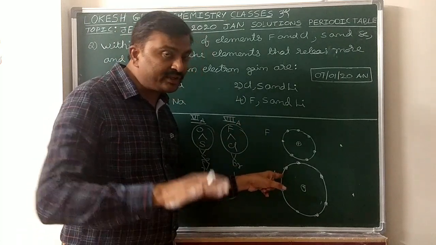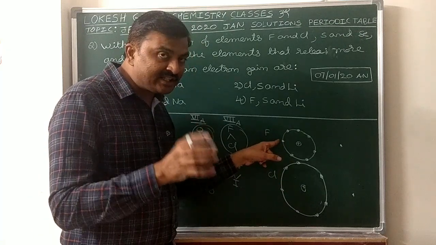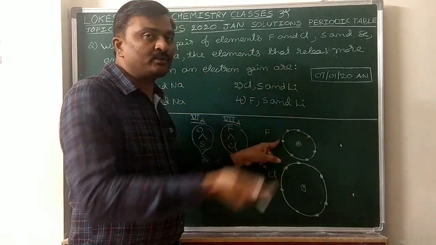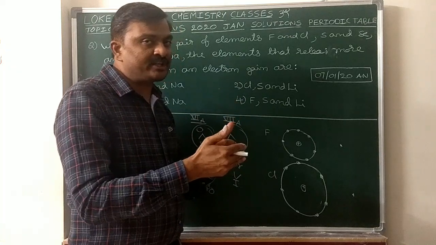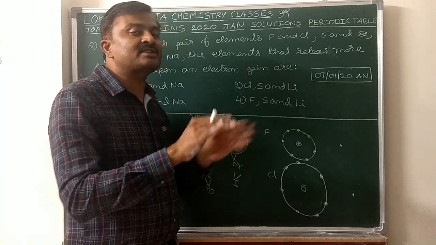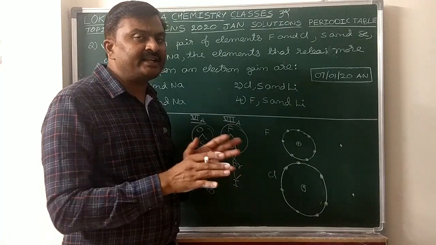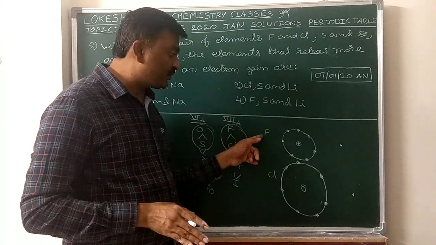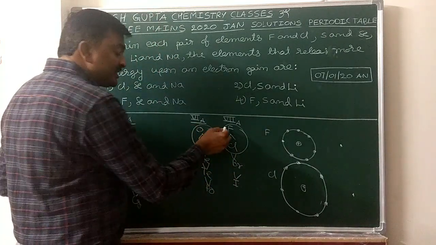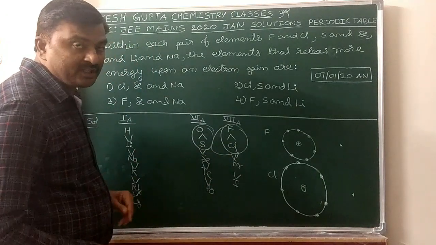Here, in the case of chlorine also, repulsions are there. But in the case of fluorine, because of greater electron density in the valence shell, such repulsions are a little bit more. Now to overcome those repulsions, some of the energy which is going to be released is consumed. So overall, when an electron is added, the energy released is less for fluorine than that of chlorine. For fluorine, it is just less than that of chlorine, but more than that of bromine and iodine.